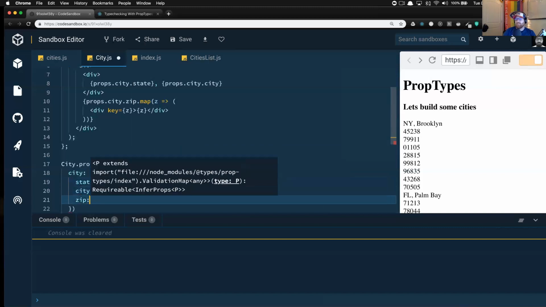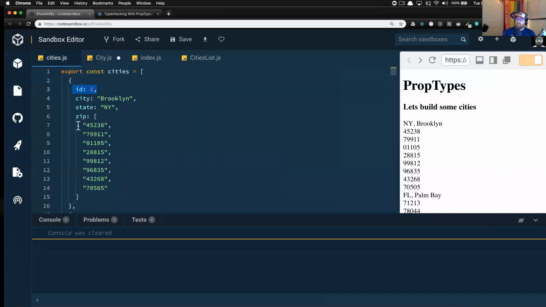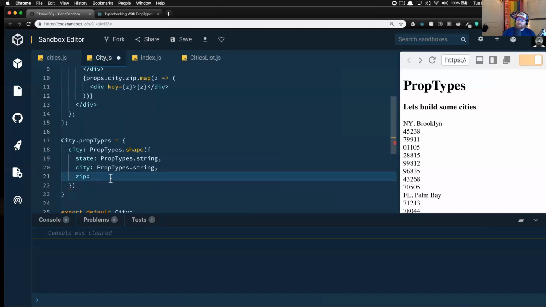And lastly, zip. What is this? An array. They're string numbers, though, Sania. So they're string values. We could go and make these numbers, but nobody got time for that. We're gonna go prop types dot